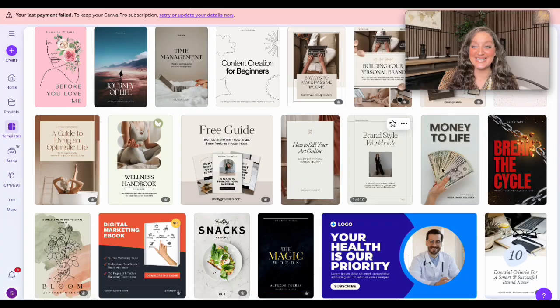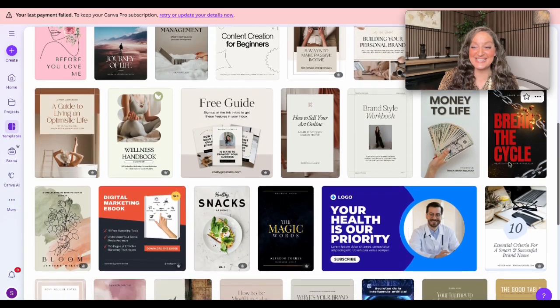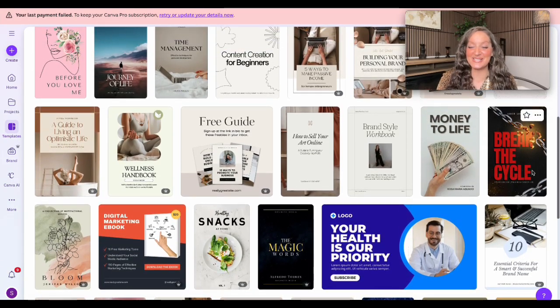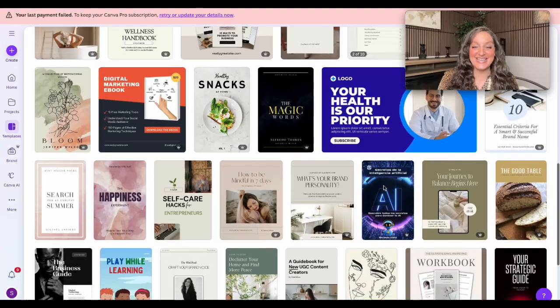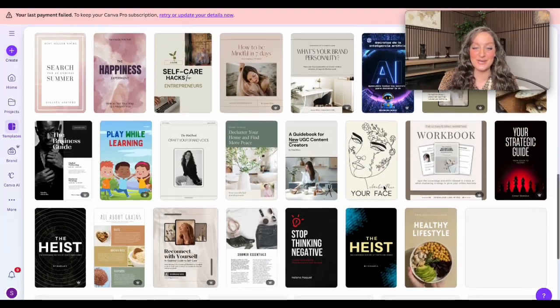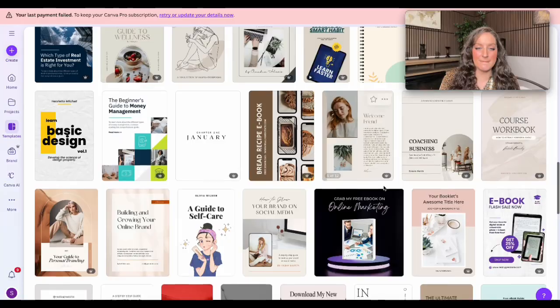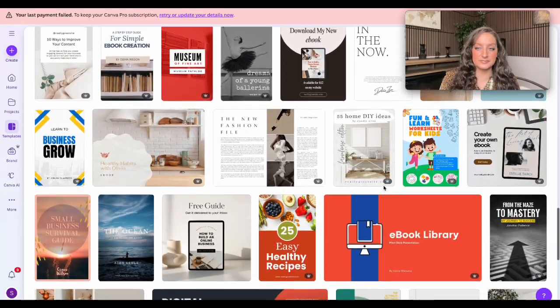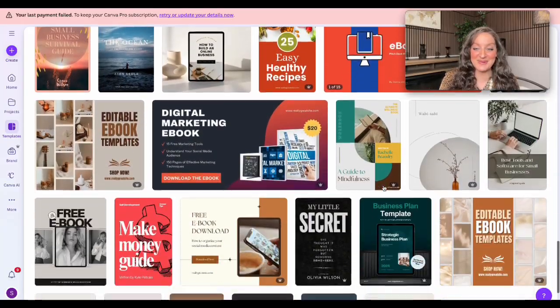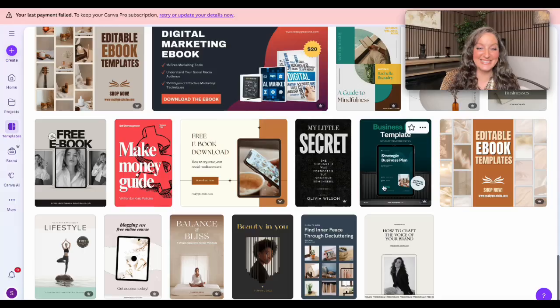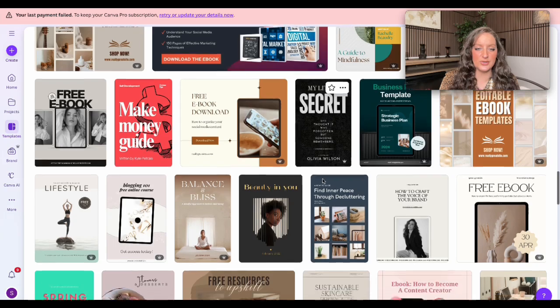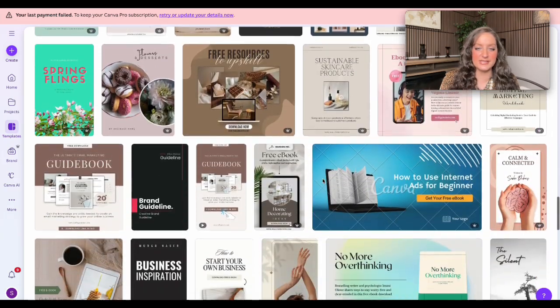I kind of like this one. I know it has kind of guyish colors. Break the cycle. Maybe that just spoke to me. That's awesome. Okay, so let's go in here and let's see which one we're gonna pick. I might end up going with that one. Okay, this one's pretty cute. And then also I like My Little Secret. Let's do, trying to find more of an aesthetic one.